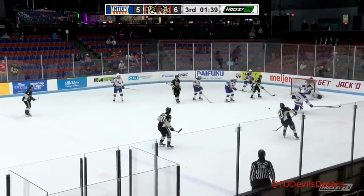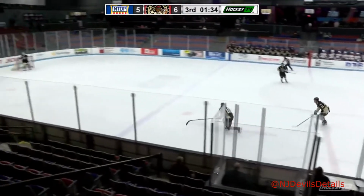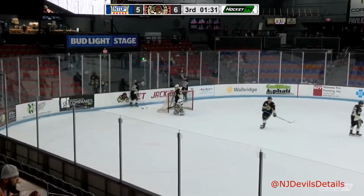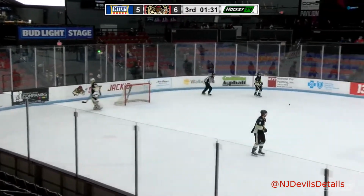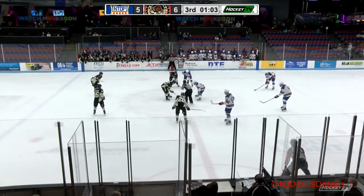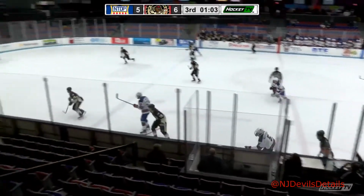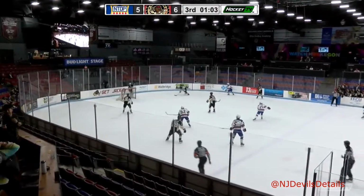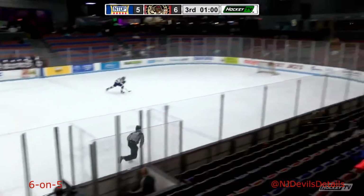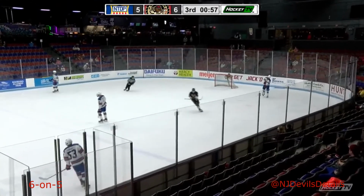Hudson has it across, one-timer. Tellier, the blast, it's blocked. McGroarty got in the shooting lane. Team USA changing. And now we've got icing against Team USA, so they cannot change. Sunday in their 9-0 win over Youngstown because of a hit that happened late in that game. It was not called, and Tyler Boucher appeared to be injured on the play. There goes Homer again to the bench, and Muskegon will ice it with 52.6 seconds. Offensive